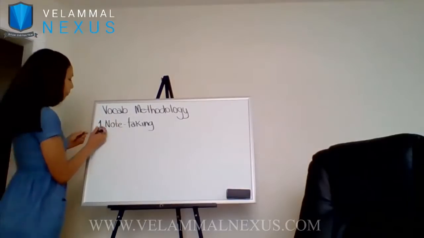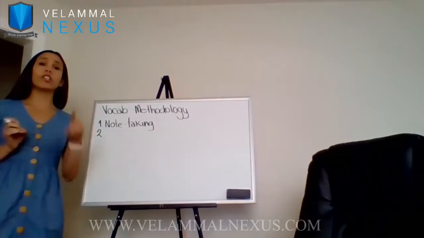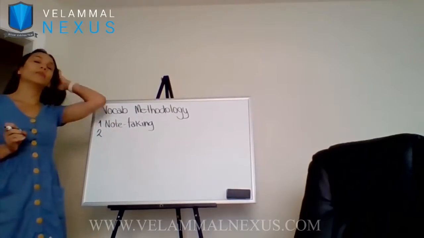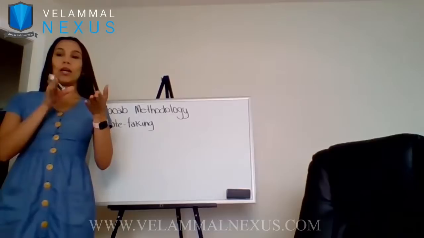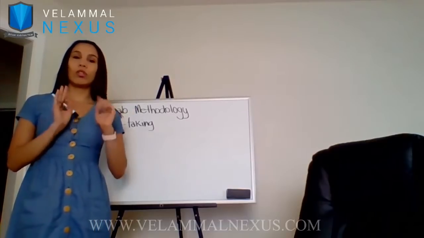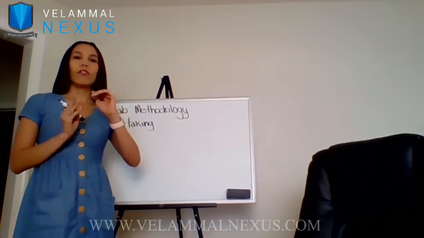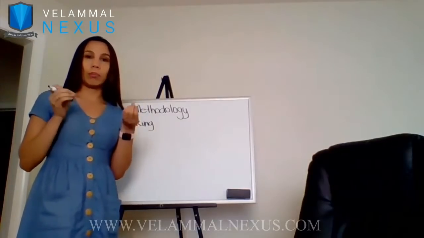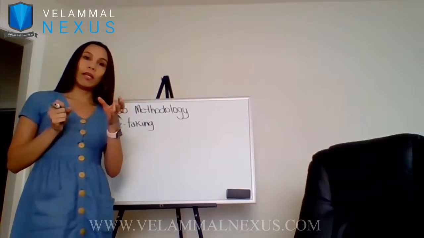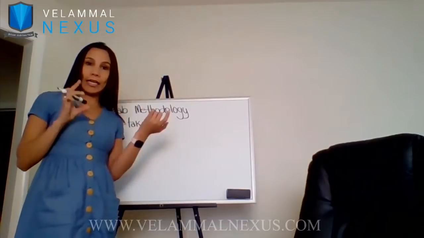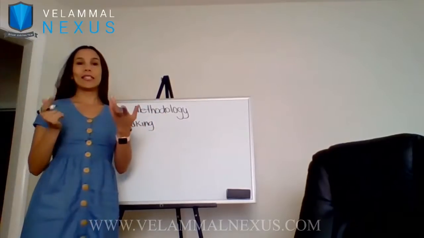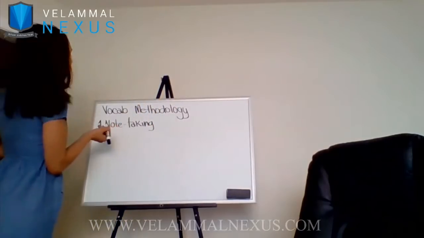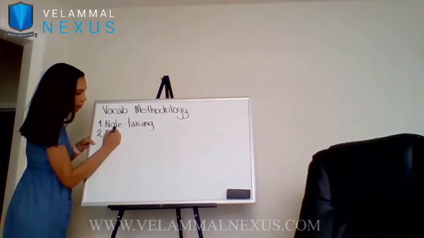The second strategy is that we are not going to use translation. Sometimes translation is useful, but we're not going to try to do it here. The way that I'm going to present vocabulary to you is that I'm going to show you a picture of the item, in this lesson in particular, of the building, because we're talking about places in the city. So I'm going to show you a picture of the building, and right beside the picture, you're going to have the word in English. So instead of translating and thinking, oh, in my language this word is blah, blah, blah, what we are going to do is establish